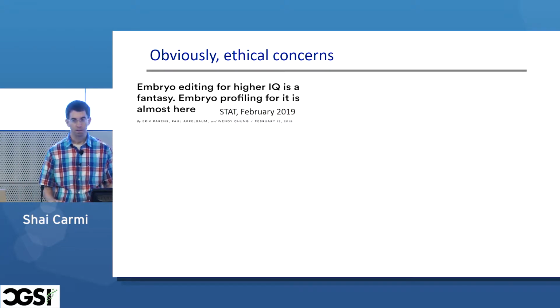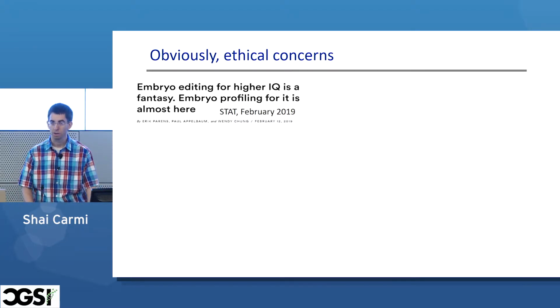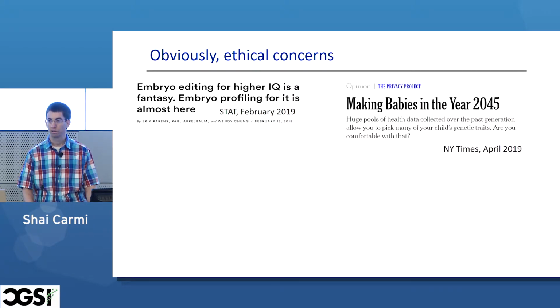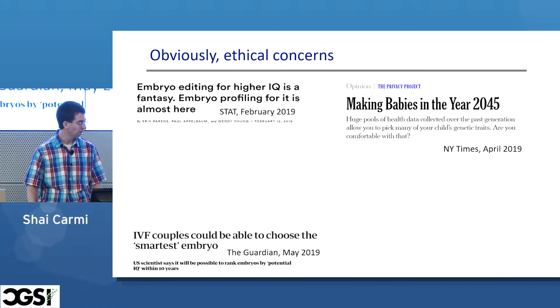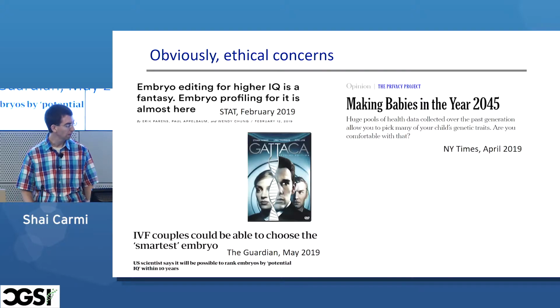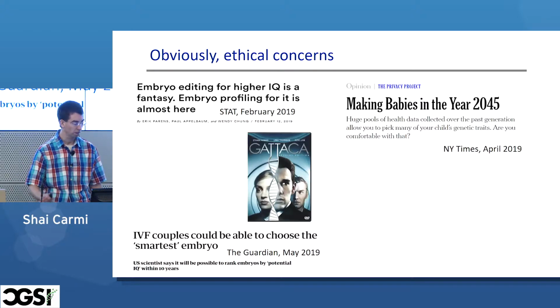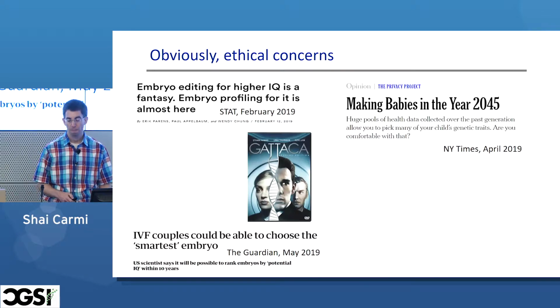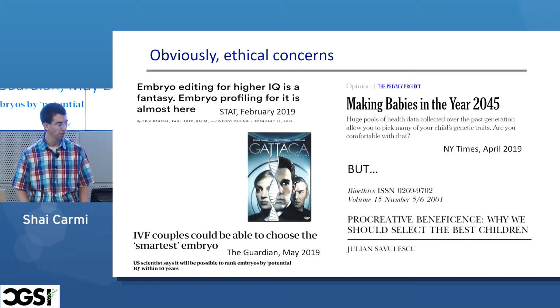And then there were a number of geneticists and bioethicists that started writing about it about half a year ago. The New York Times panicked, like 4 months ago, and more and more articles, and then obviously people say this is going to be really crazy, like in that movie, and so on. But what we need to have in mind is that this is just one view, which I assume most people